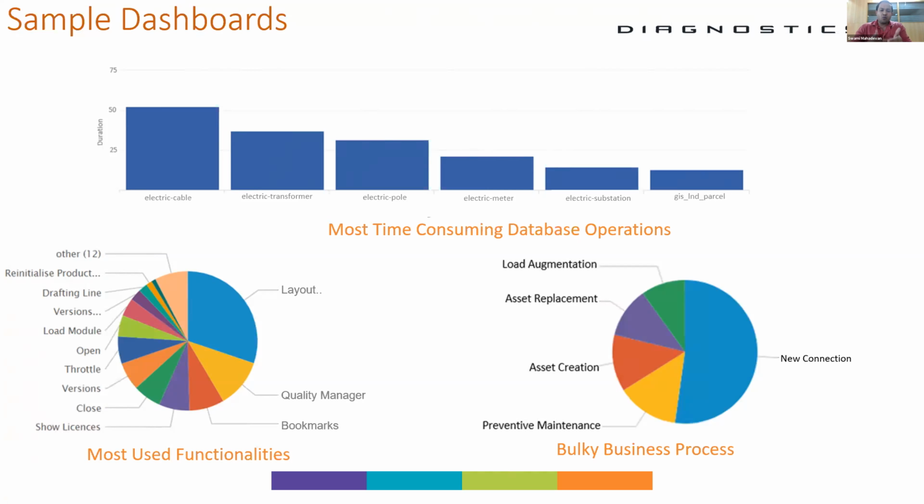And one very crucial difference between the traditional way of planning versus the Diagnostics way of planning is that the decisions that clients make using Diagnostics are backed by user behavioral data and are hence not biased. So administrators can use these readily available dashboards, filter out the functions which are very rarely used within their Small World, and decouple them, thereby bringing their Small World installation that much closer to the out-of-box solution.